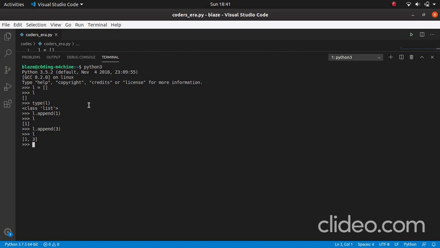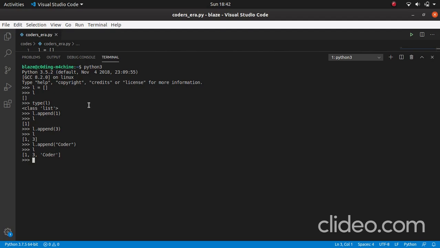Next we will check whether I can add a different data type in the list. To do that, let's append a string in the list. Let's append coder maybe. Now check L. Okay, that's great. I guess you can see that your list can contain multiple data types at a time. I discussed this second point earlier, that it can contain different data types in a single list.